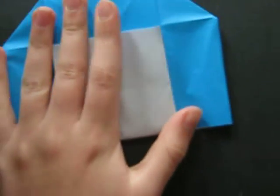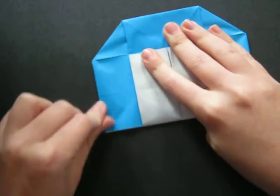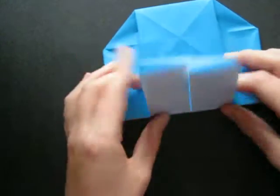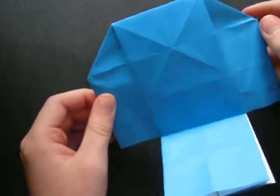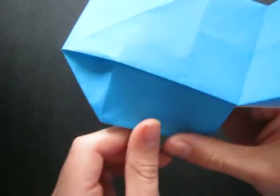Make sure they don't come undone, because this is a very important fold for the hat. And you can crease sharply. Okay. And then you can let this layer come down again, and now we have something that looks like this. So, okay. Now what we have to do is we have to kind of open up the layers a little bit